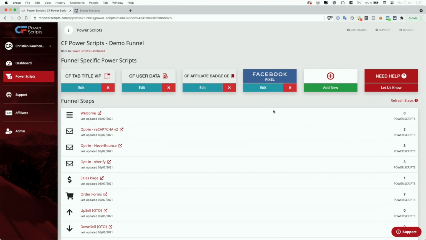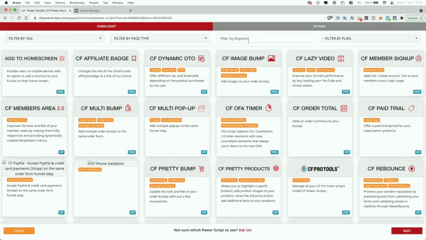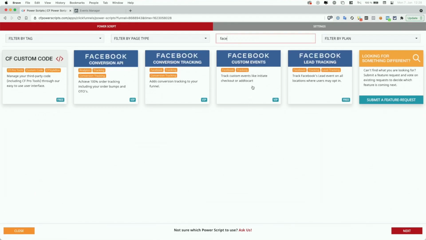It's important to know that our custom events tracking only works if you're also using our Facebook pixel integration. If you don't have the Facebook pixel PowerScript yet set up for your funnel, then please stop watching this video and head to the Facebook pixel tutorial first and set up the Facebook pixel accordingly. And once you have that in place, just click on Add New and search for Facebook and select the Facebook